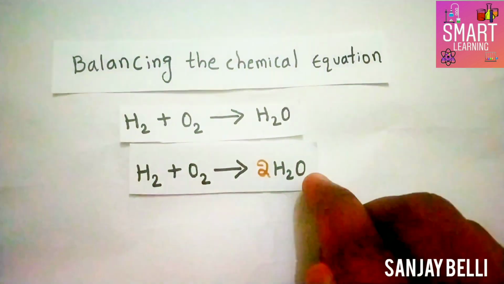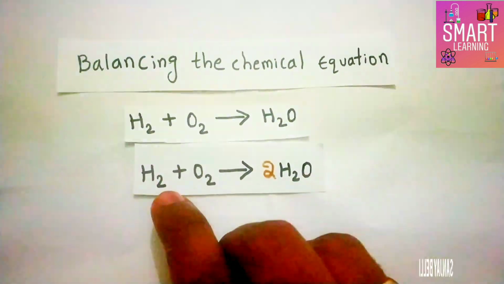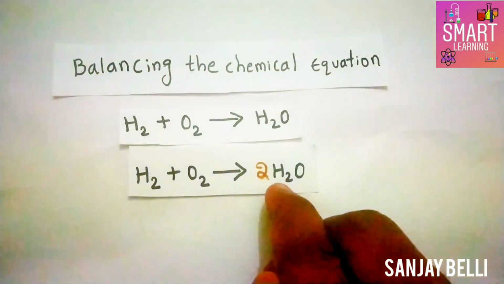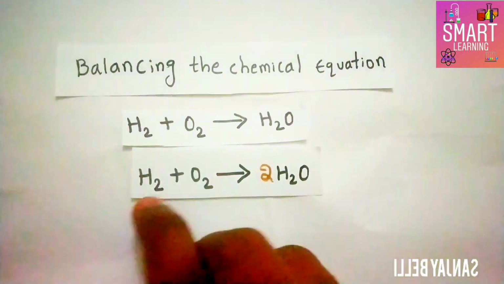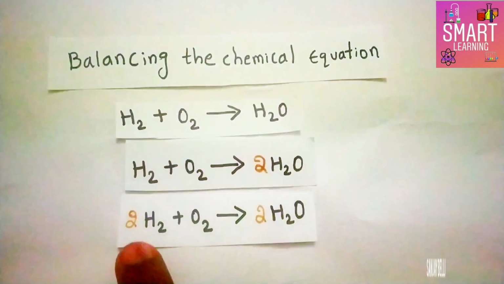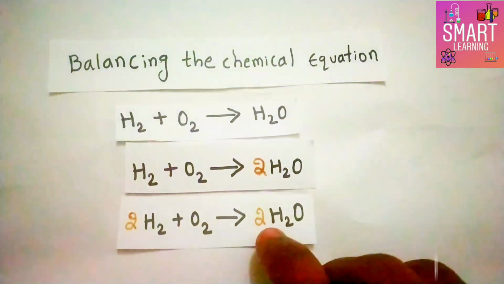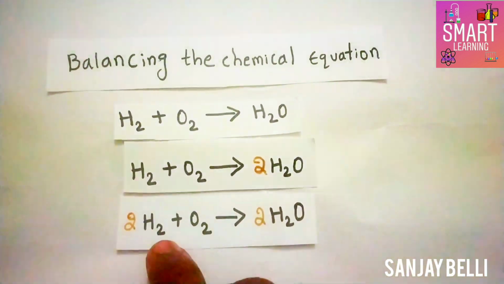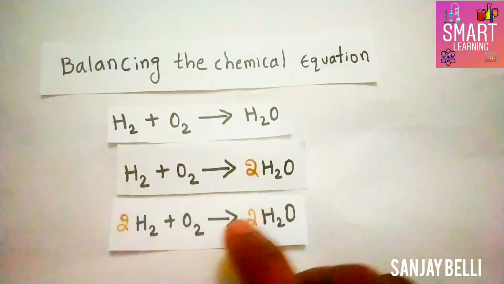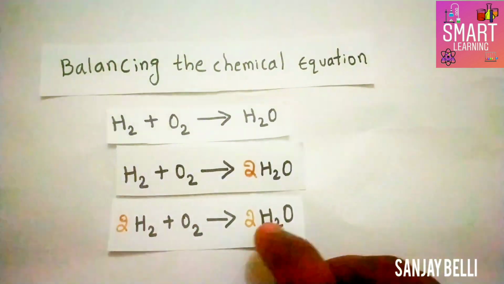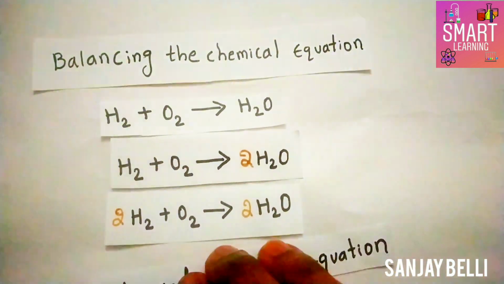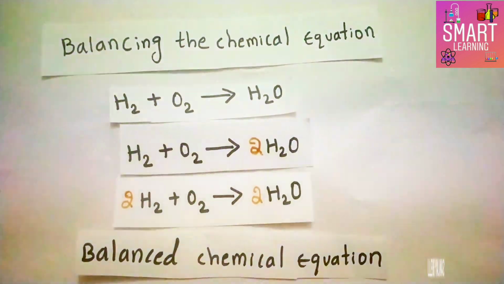When I try to balance the oxygen, the hydrogen becomes unbalanced. So again we have to balance hydrogen. Here we have 4 on the product side, so here we also need to get 4. So I need to multiply by 2 here. Now you can check: 2H2 plus O2 gives rise to 2H2O. 2 twos are 4 hydrogens on the reactant side. 2 twos are 4 hydrogens on the product side. 2 oxygens on the reactant side. 2 ones are 2 oxygens on the product side. So it is a balanced chemical equation.